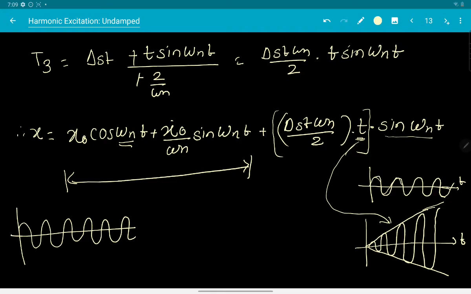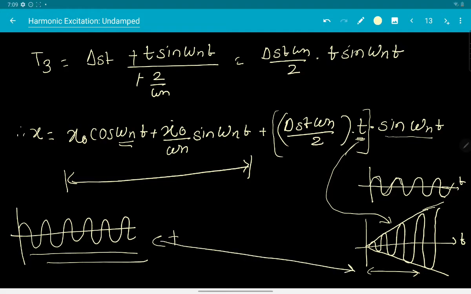Okay, now this is the t3 term, and this is the result of t1 and t2. Essentially, the combination of these two is what is going to be the response of the system. Which means that it is not going to go to infinity right in the beginning. It starts from a finite value, which is a summation of this one and this one.